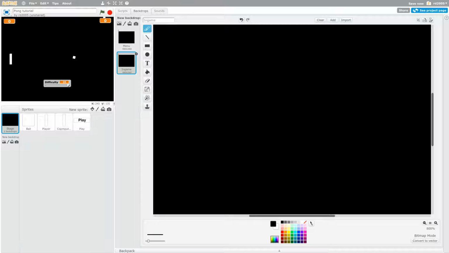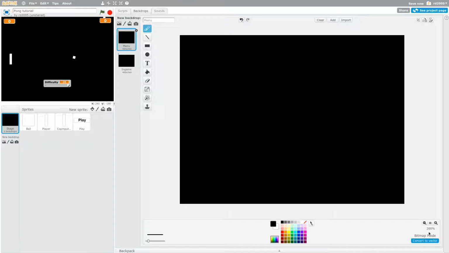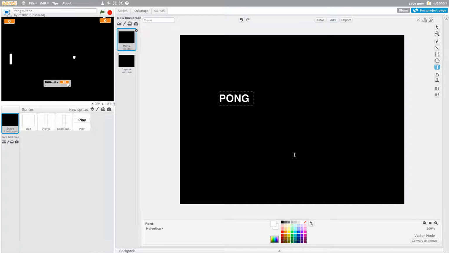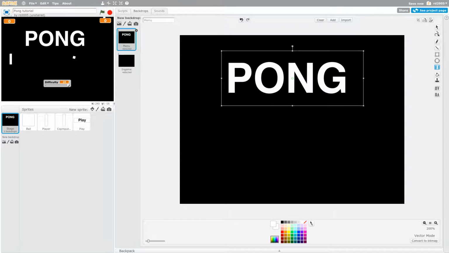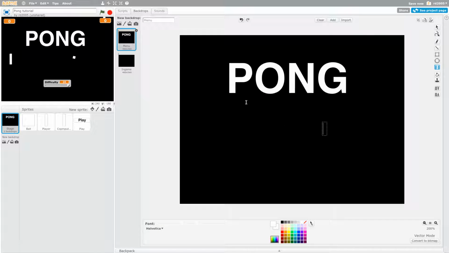So in-game is just going to be solid black, but the menu I'm going to put some text that says Pong on it. Of course, that needs to be white because the background is black. And I'm going to expand that text and put it in the center along with the play button. And then I'm going to put the difficulty right below that. And then at the bottom, I'm also going to write